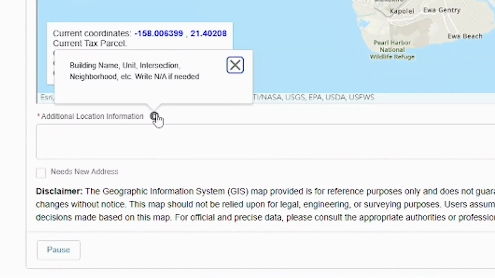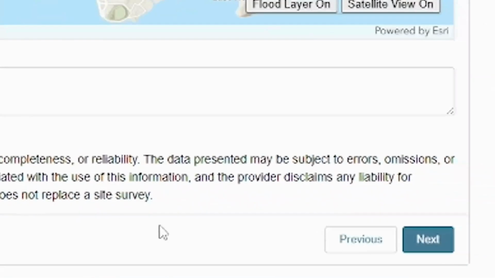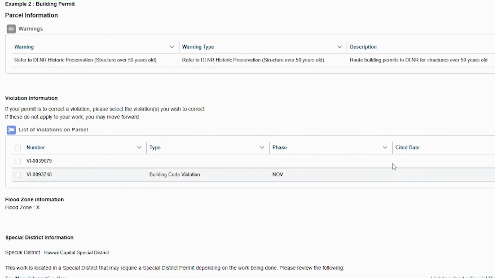Please provide details such as the building name, unit, intersection, neighborhood, or any other relevant information about the property. If none of these apply, type NA. If you are constructing a new building, click on the Needs New Address button. Click Next to continue. The system will now display more information about your parcel, such as warnings, violations, and its